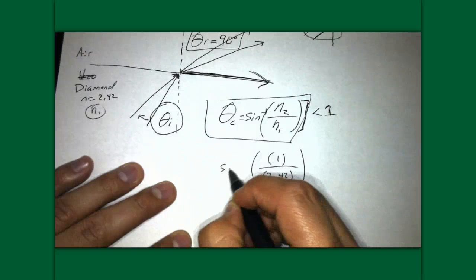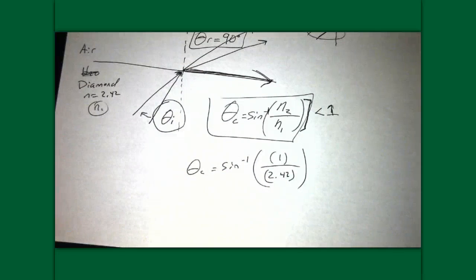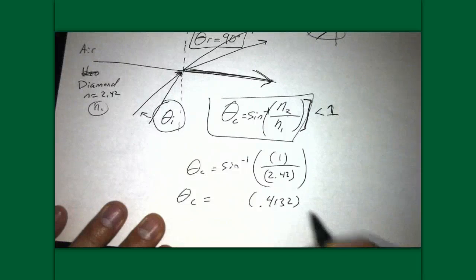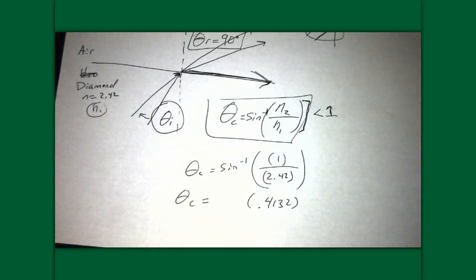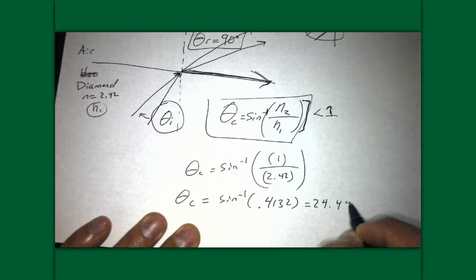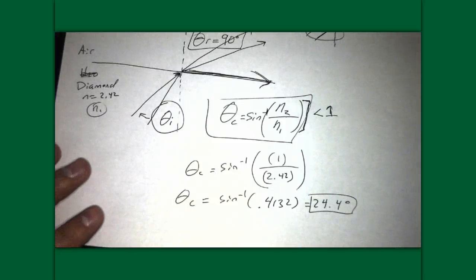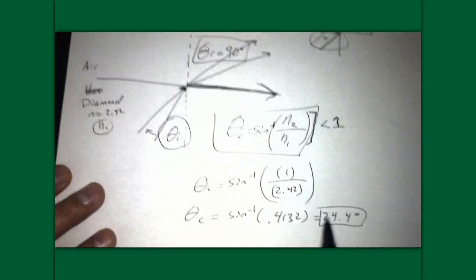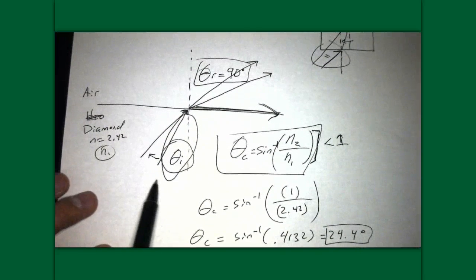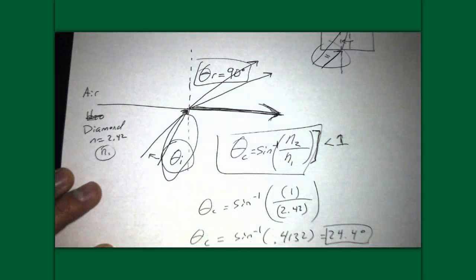And we're going to take the inverse sine of what we get from that. If you do that, you get 0.4132 here, and then if you take the inverse sine of that, you will get 24.4 degrees. 24.4 degrees happens to be the critical angle for diamond. Now, I want you to understand 24.4 degrees is not a very big angle. That's about this angle right here that we drew first. That means when you shine light out of a diamond at 24.4 degrees, it will refract directly along the surface,